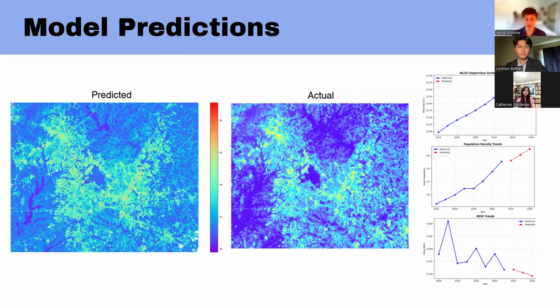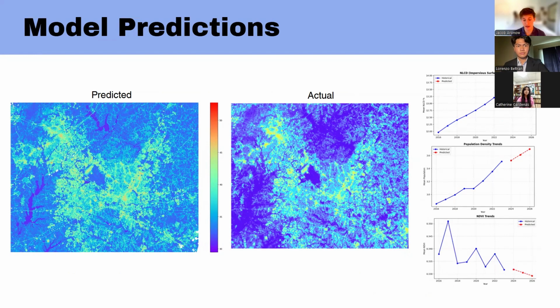And we included one past year, 2024, in the predictive section as a baseline to check our model's accuracy. And as we can see, it tends to overestimate areas with low LST, but is otherwise consistent. The purple means lower, and you can see there's far more purple in the actual dataset.